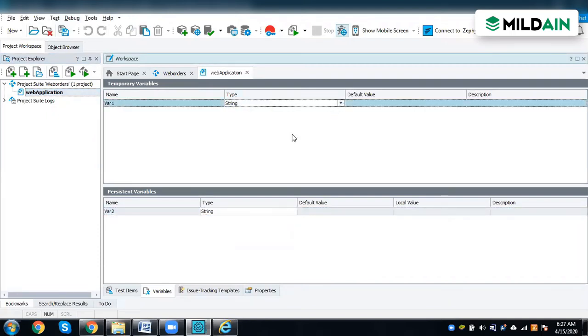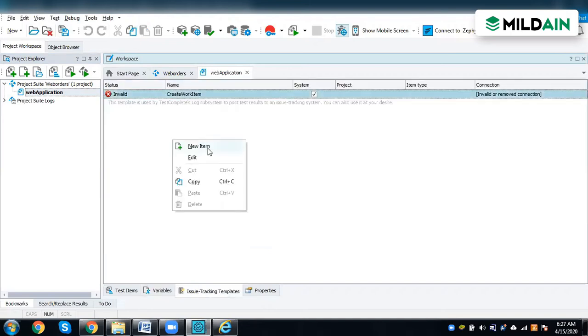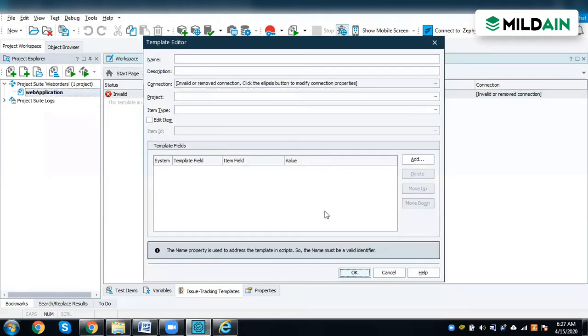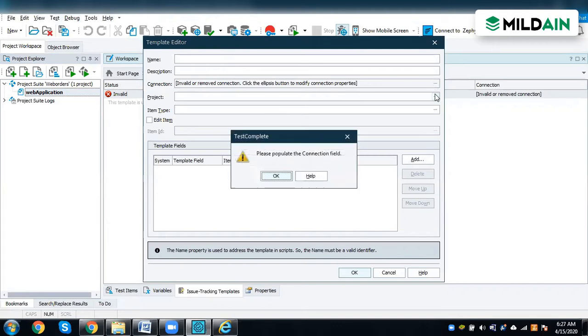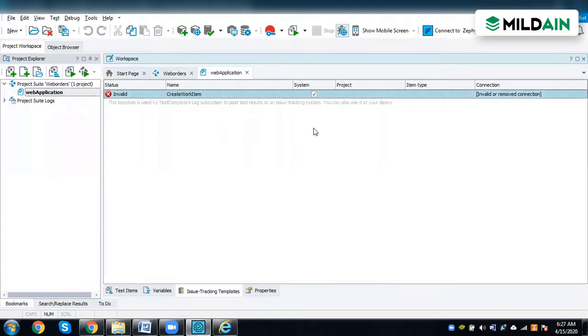Nothing much to differ. And then issue tracking. Generally we will not use these, because we'll use an external file to do all that. But if you want to use something, you specify the item and the project that you are going to use, and this is like an external file. Assuming you can just connect to Jira or any other external test management tool, you can connect here. But basically, within TestComplete, we will not use this option. Just like any external file you have, you'll be using it.